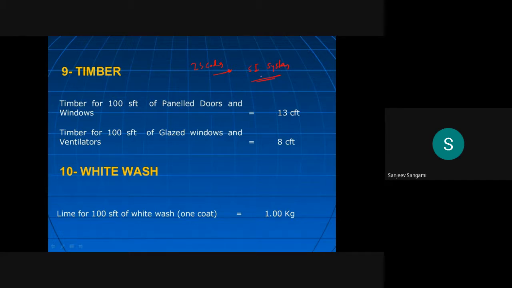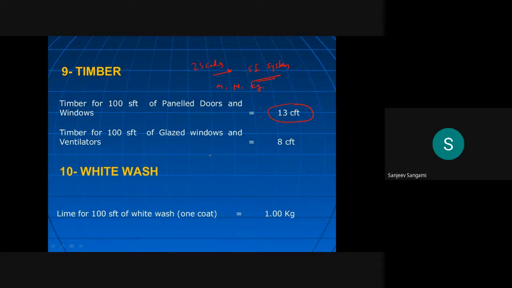But normally, in our day-to-day life, we'll use this. But whenever you are giving, you follow the IS code only. IS codes are sometimes in meter, Newton, kg. So like that it will be there. You follow that one only. Always, if you are going for MPa, that is Newton per mm square. So like that pressure will be there. So better to follow that one only.